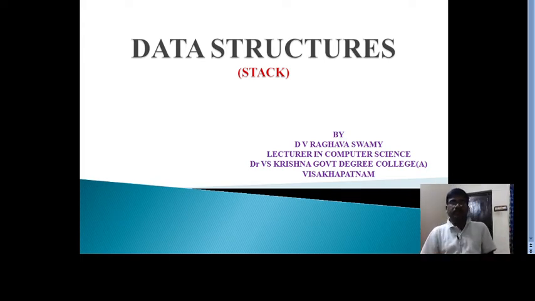In this session, we discuss the stack data structure. As we know, a data structure is a way of organizing the data so that the processing of the data can be done efficiently.